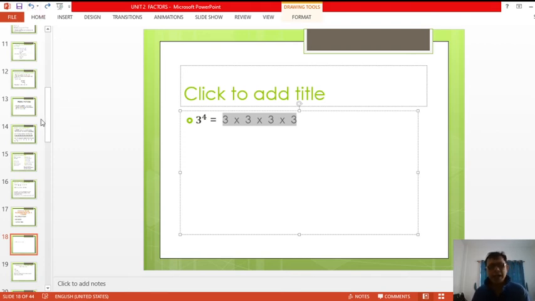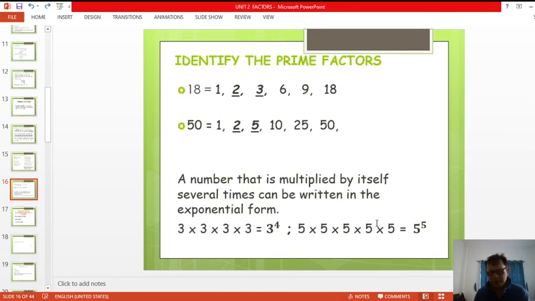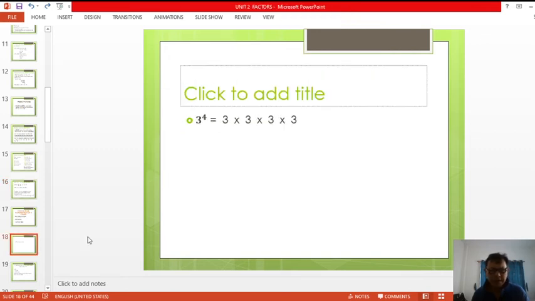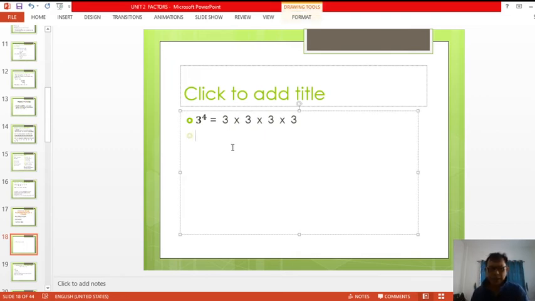Okay, now, if I'll give you this, the other way around, let's take this example. Let me rewrite all this so that it will be easier. Okay. If I'll give you this, give me the exponent form. This is the exponent form. So all you have to do is to copy the original number. 5, and then